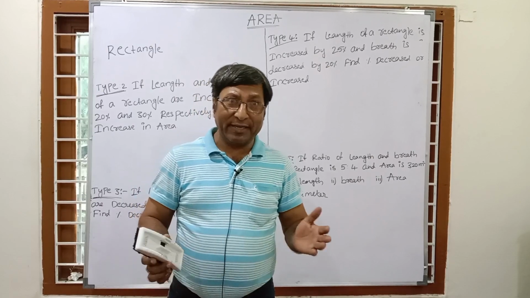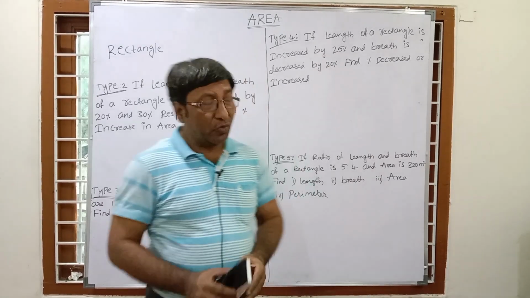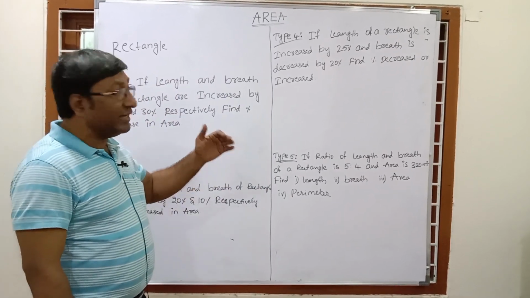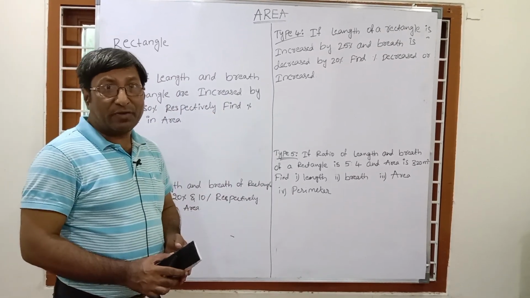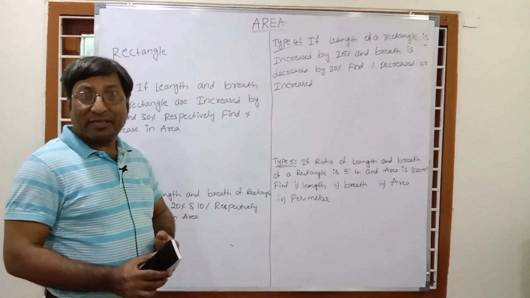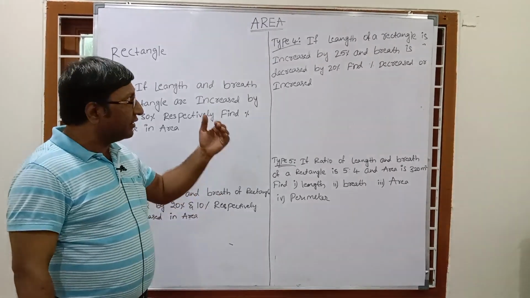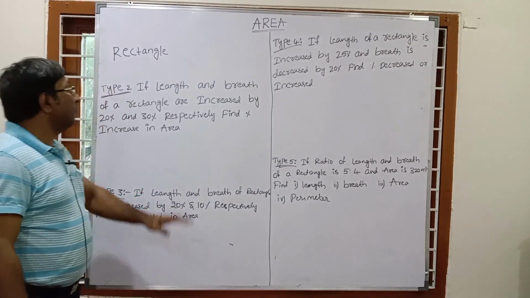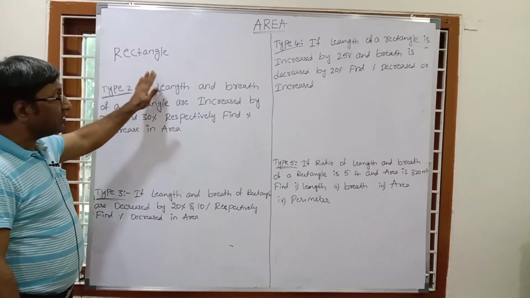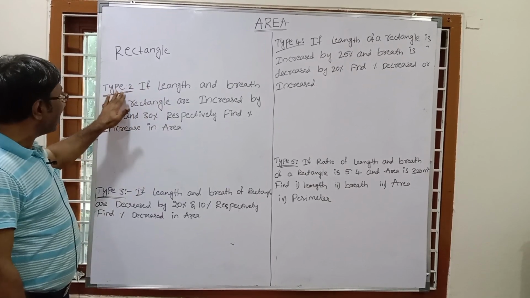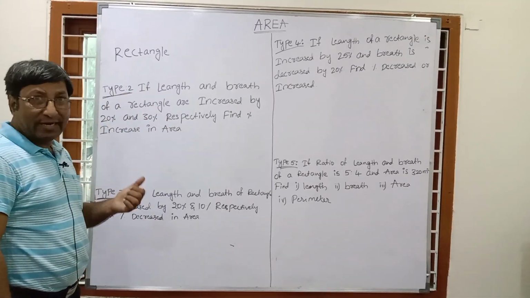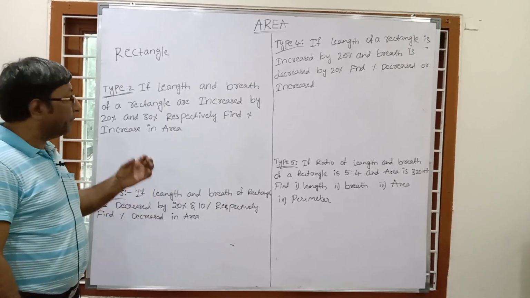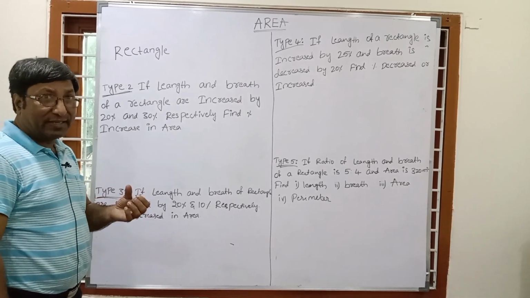Today I am just explaining the area. Today is area part 2; we have already discussed area part 1. In area part 1 we discussed the square and different types of questions for the square. Today we will go to the rectangle. In the previous video we already solved type number 1 question of the rectangle. So today we will start rectangle type 2 questions, with the basic and the tricky type questions.